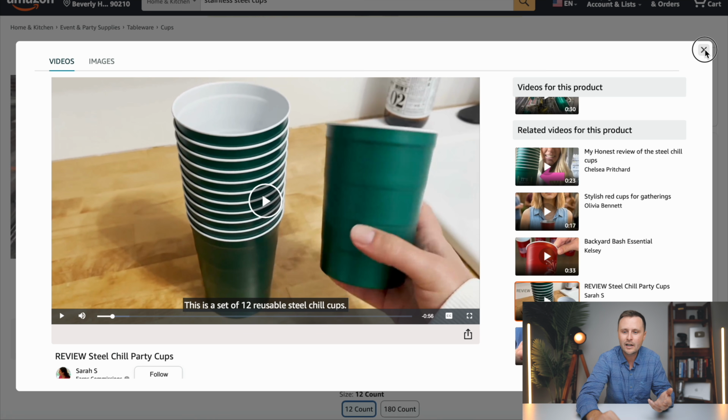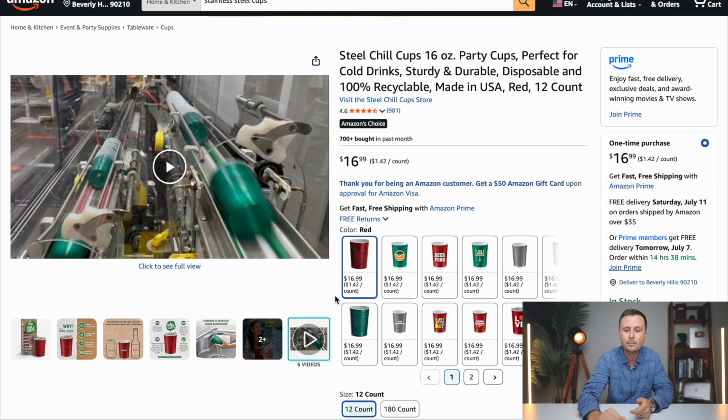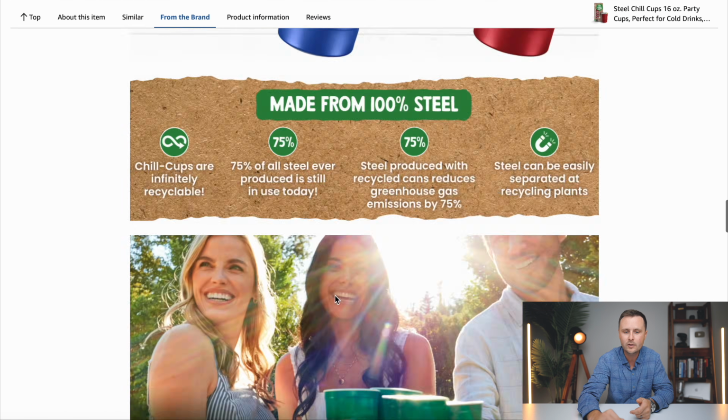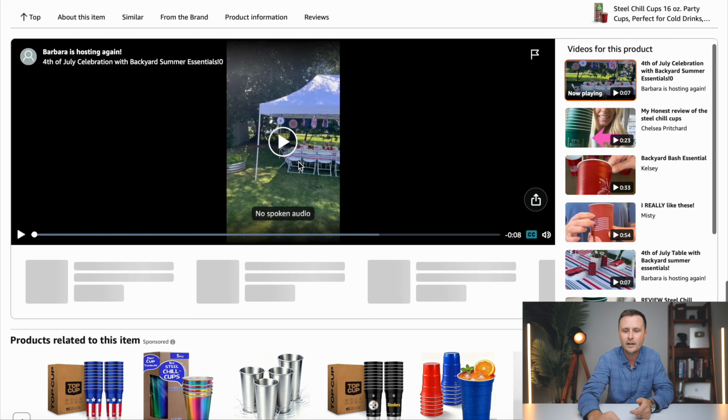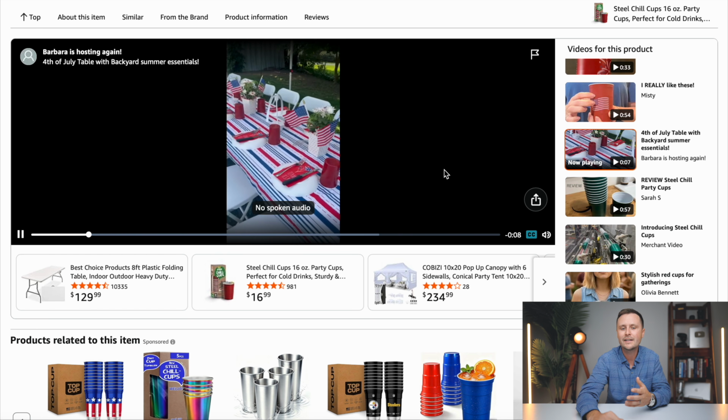Now, these videos that we got to by clicking this little button right here is considered the top carousel. We'll talk about this later in this video. Not all products have a top carousel of Amazon Influencer videos, but most products, if you scroll all the way down here past all of these photos, are going to have what's called a bottom carousel. So you might see these videos down here. These are the same videos. They might add in different videos. Amazon tries to show the videos that are getting watched the longest in here, but you will see that there are some new videos in here that were not in the top carousel.